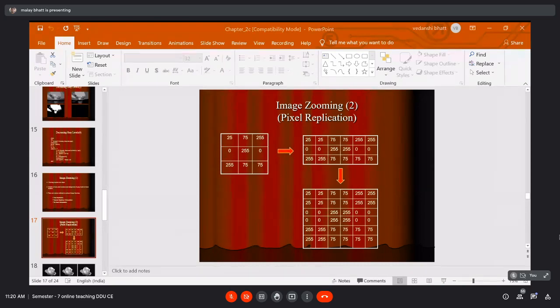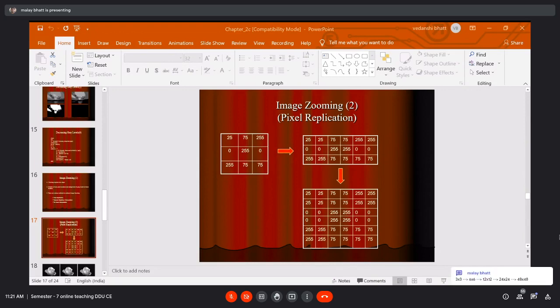So 3x3 will become 6x6. Then 6x6 will become 12x12. This will become 24x24. This will become 48x48.